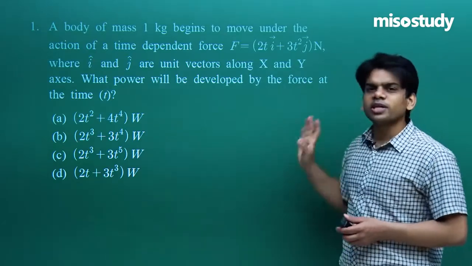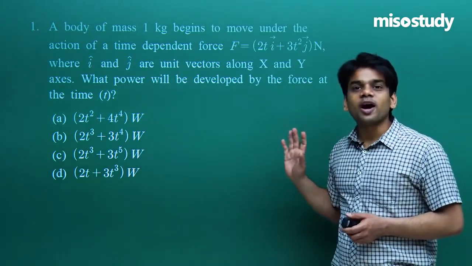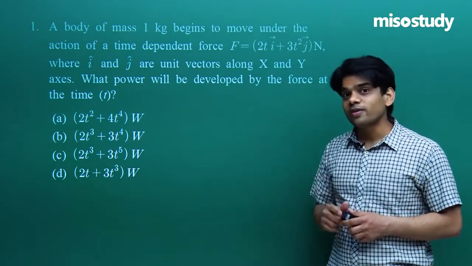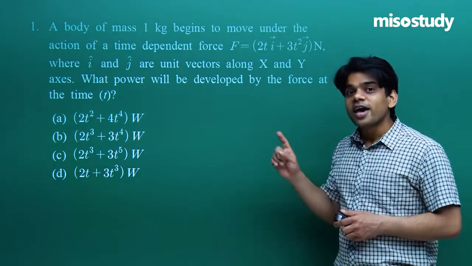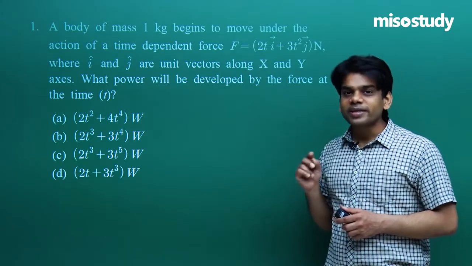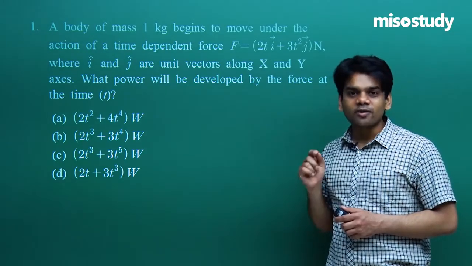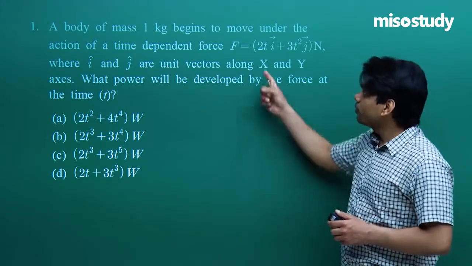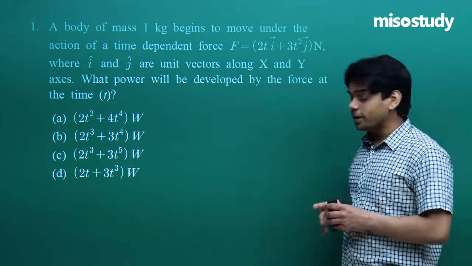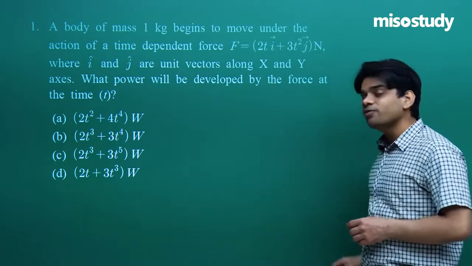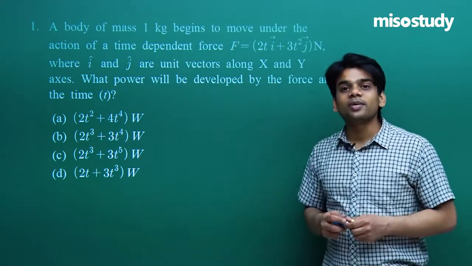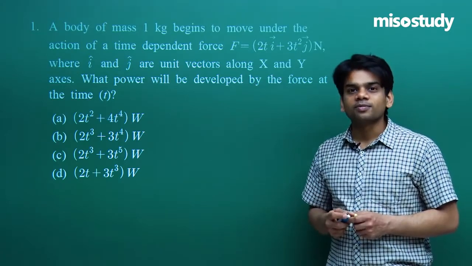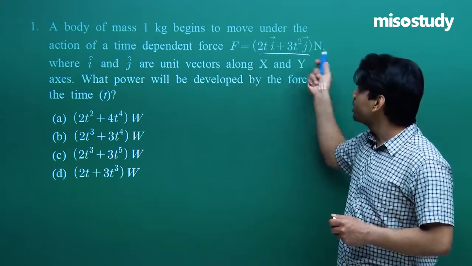All the basic information has been given. I believe that you must be remembering how to evaluate the power. Power is work done per unit time, and power can also be evaluated at any particular instant as F dot V. Power delivered at any particular instant of time, I have told you, just do the dot product of force and velocity. We are provided with force and it's a time dependent function. So how can we find out the other variable, that is velocity, and then relating the two we can find out the power. Force is 2t i cap plus 3t square j cap.